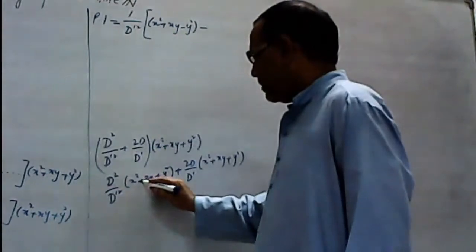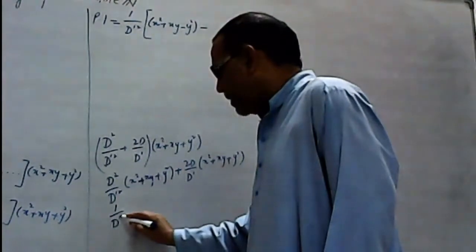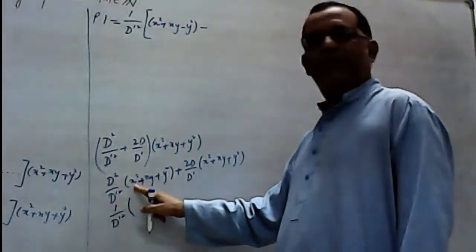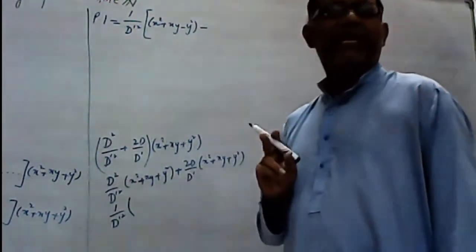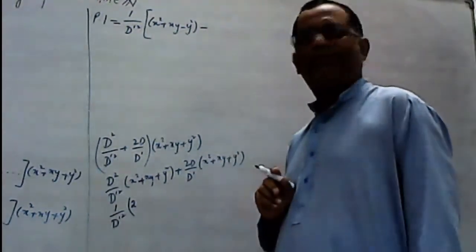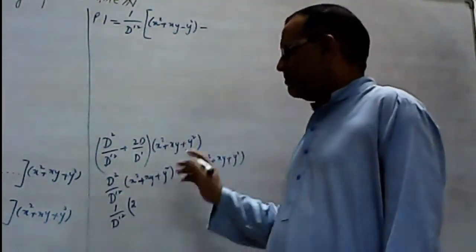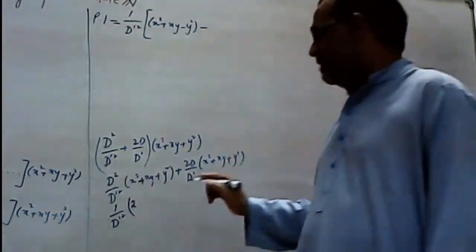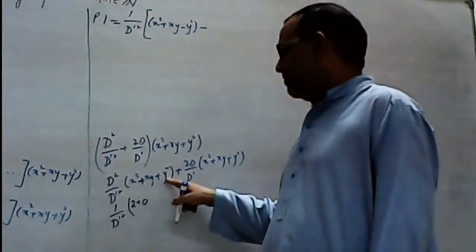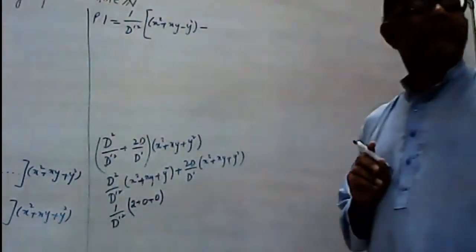Okay. So it means we are applying d square on this one first. So I am keeping 1 upon d dash square. Then second derivative d square of x square: first derivative is 2x and second derivative is 2. Then xy, derivative with respect to x, first derivative is y and second derivative is 0, because these are partial derivatives. Then the first derivative is 0 and second is 0, so total term is 2.